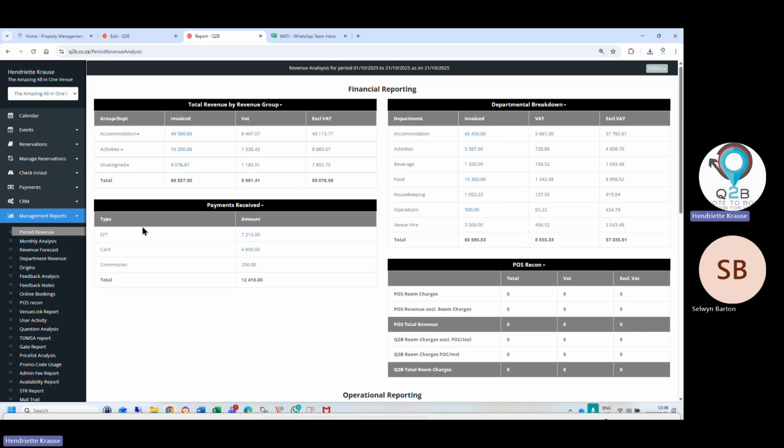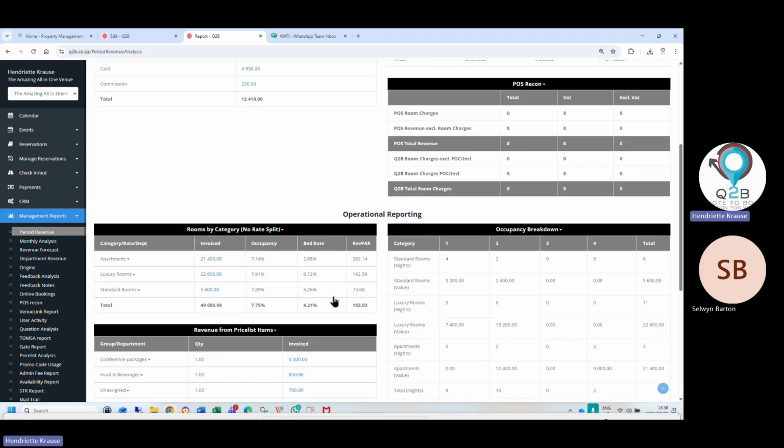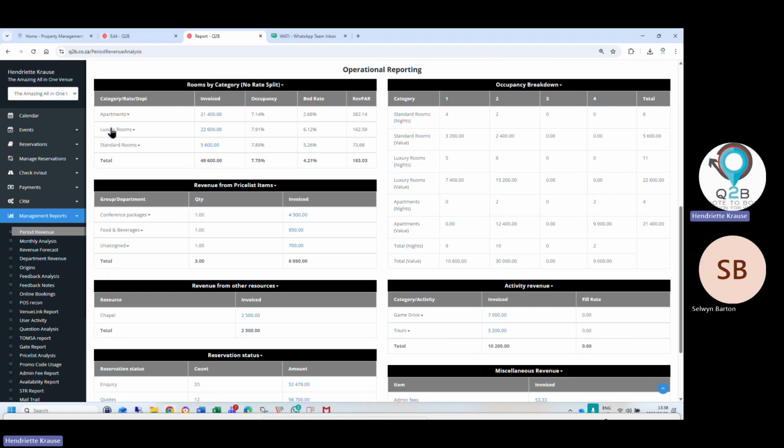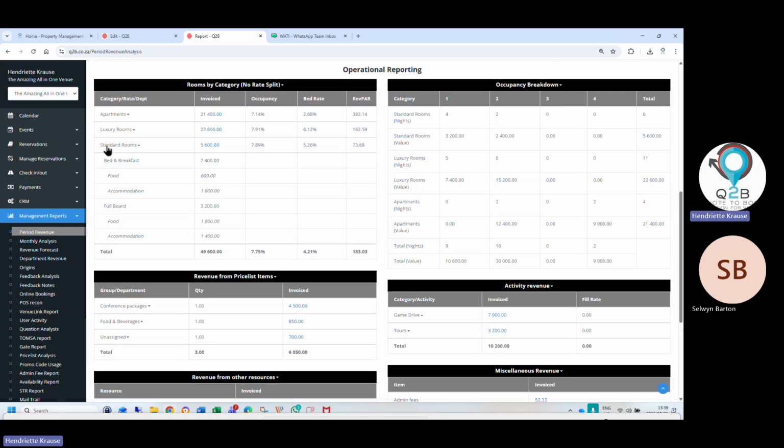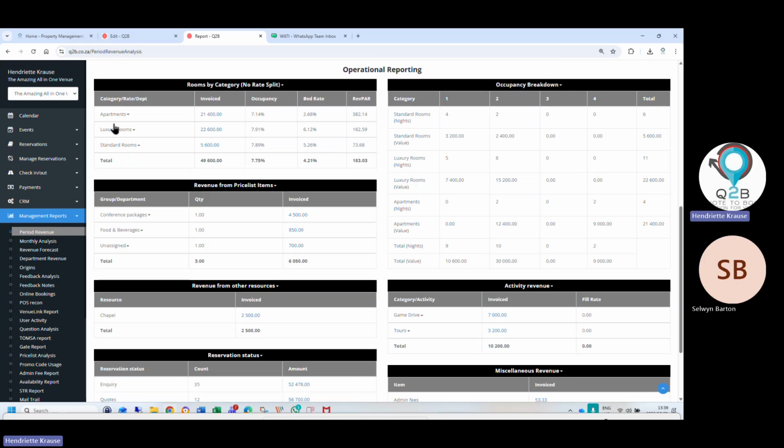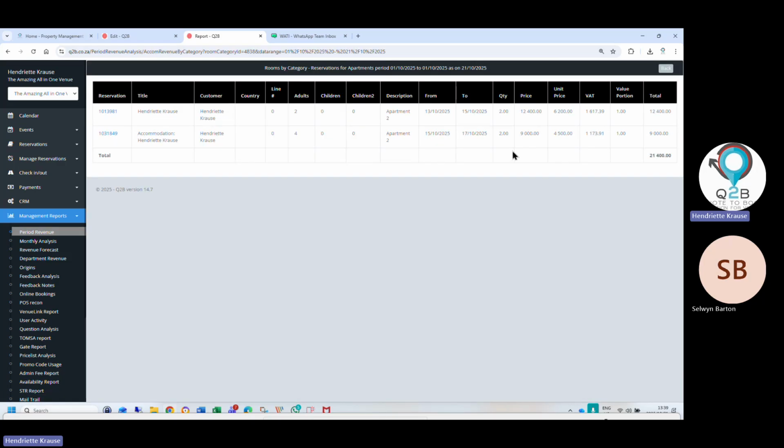Then this report shows you everything, your payments. You'll not have a point of sale, and here you can see each revenue category. So you can have yours, let's say apartment 1, apartment 2, apartment 3, and it will show you each room, how much did they make, or each house, how much did they make for the month. So this can easily be done every week as well. And if you click on the hyperlinks there, it takes you to all the bookings making up to 21,400.